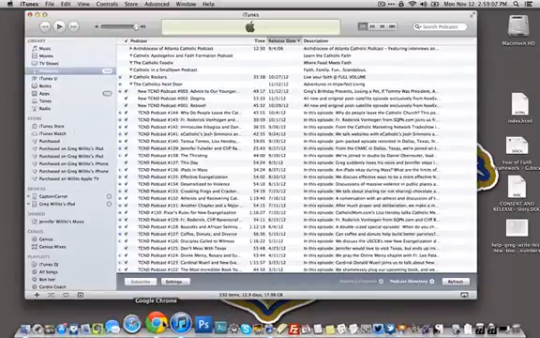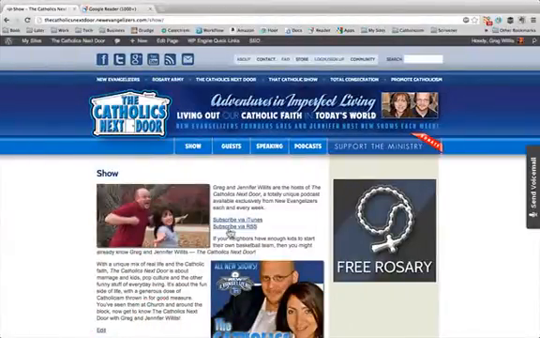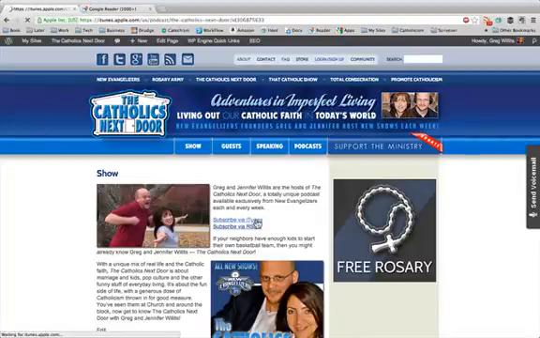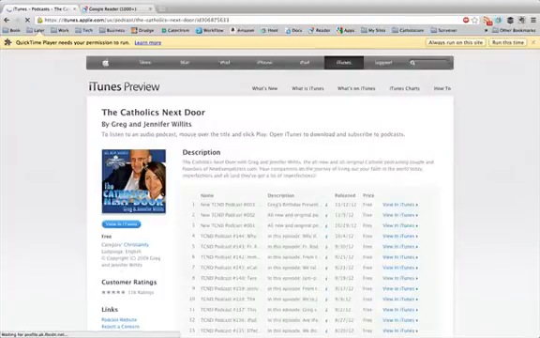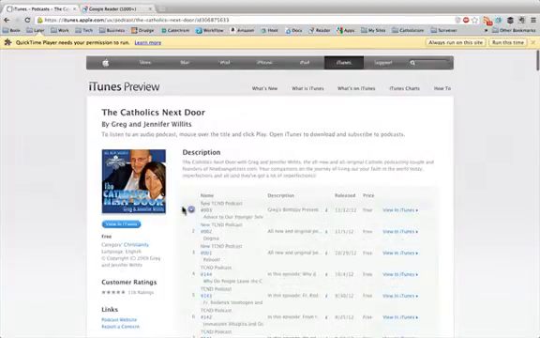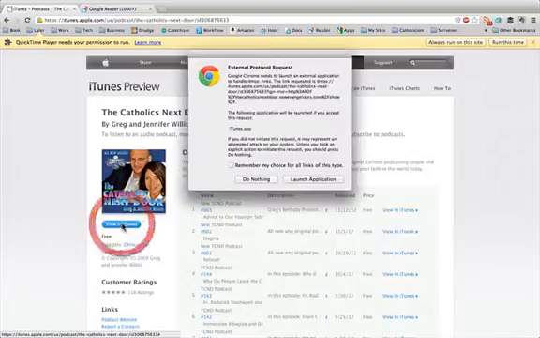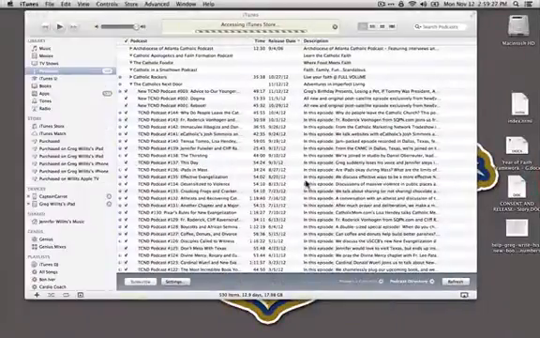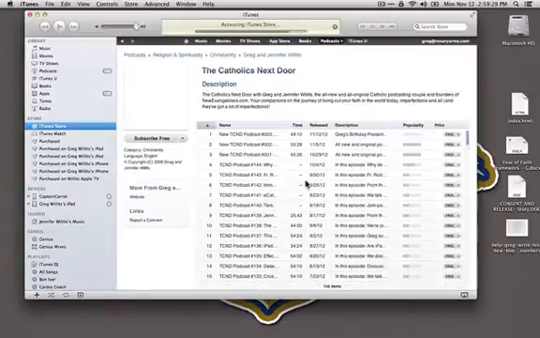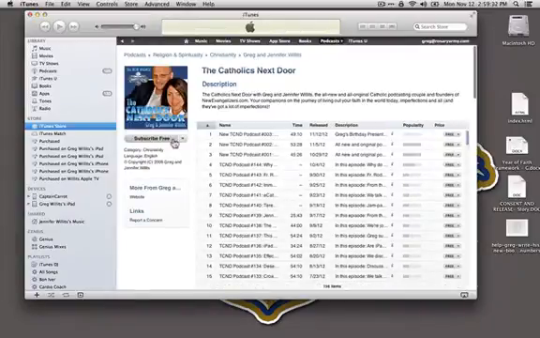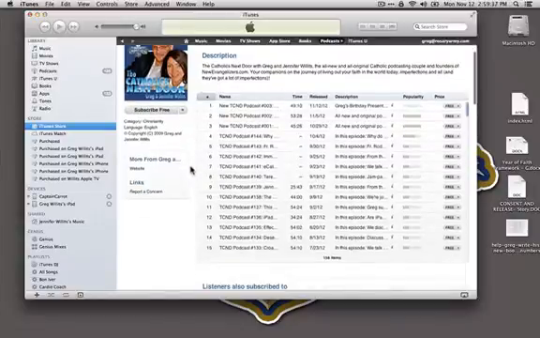Now, if that still seems too complicated, you can go back over to our website, and if you have iTunes installed, and you see the subscribe via iTunes button or tab link, and you click on that, it will automatically go out, and here is the page listing over in iTunes. You can say view in iTunes. It'll say, do you want to launch this application? Yes. It'll launch iTunes. It'll go right to the page, and here it is, the Catholics Next Door, with all the files. You can subscribe to it right here, this big button, subscribe for free, and it automatically puts it on your computer, and you can find them all underneath this podcast link under your library.